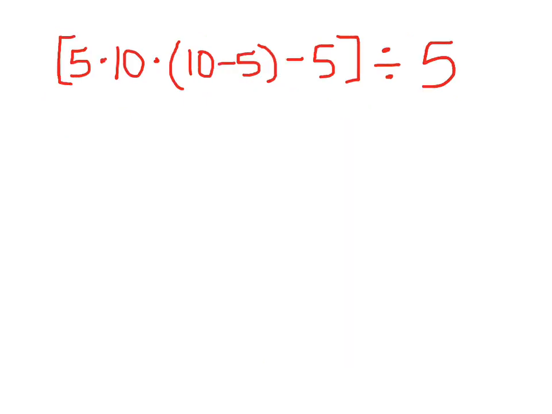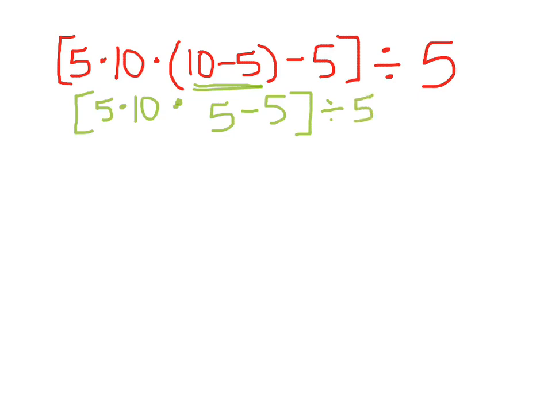Okay, look at this one. Bracket 5 times 10 times parentheses 10 minus 5, close parentheses, minus 5, divided by 5. Okay, first thing you have to do is what's inside the parentheses. 10 minus 5 is 5. And then we're going to bring everything down. 5, remember the dot in the middle means multiply, times 10, times, we solved 10 minus 5, so I don't need another parentheses, minus 5